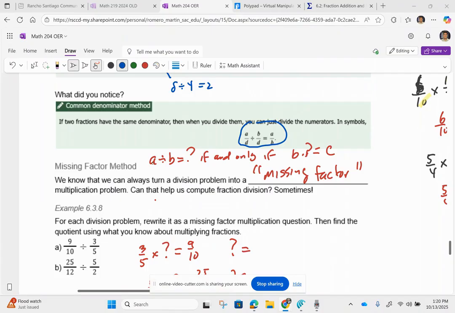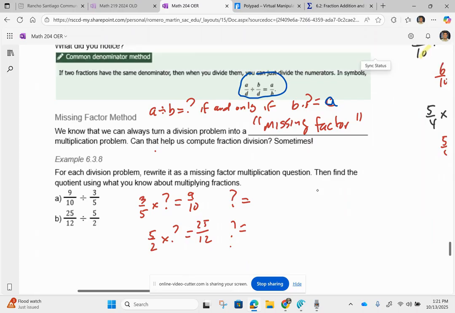The idea is that if a divided by b equals something, then we know that b times that something has to equal a. Sorry, not c. Has to equal a. B times what equals a. It's the missing factor approach. So, for example,